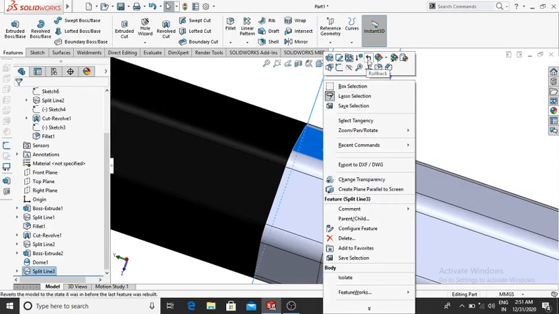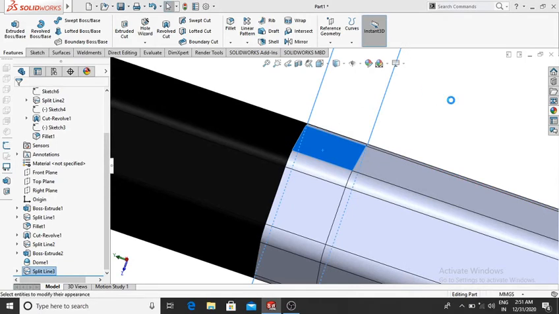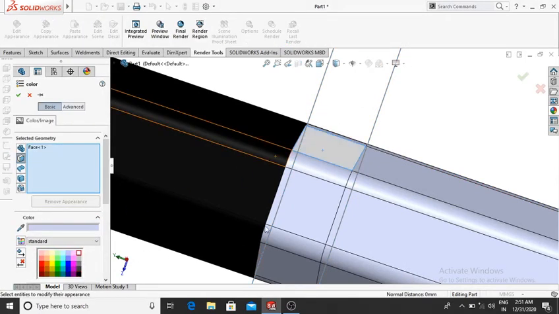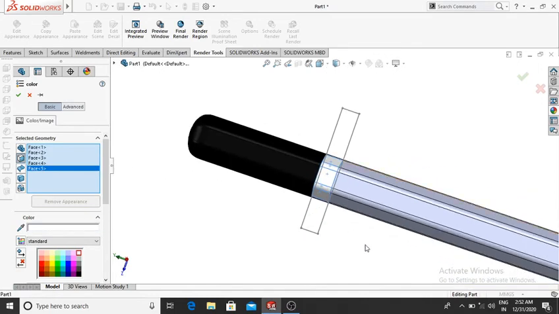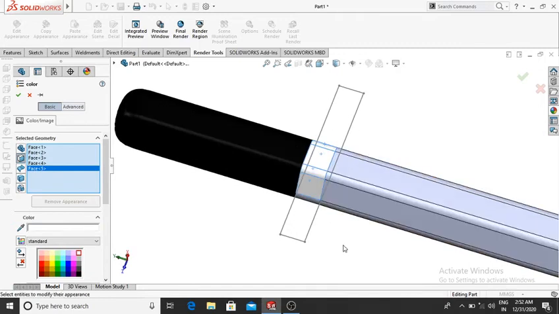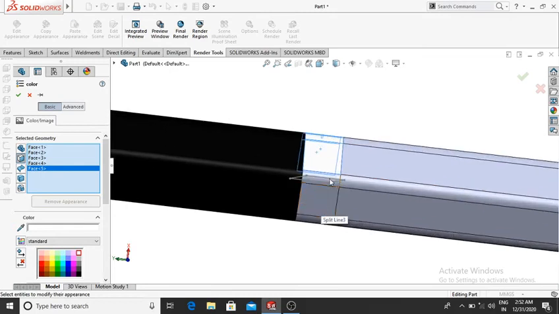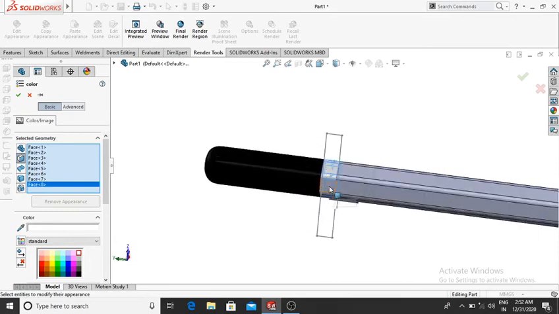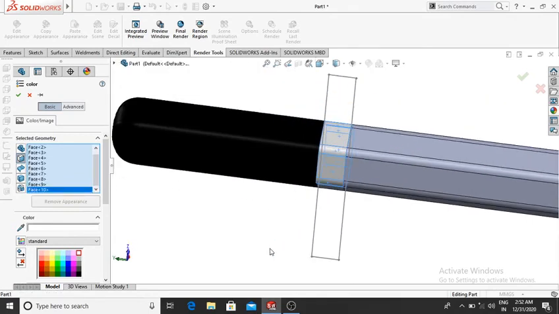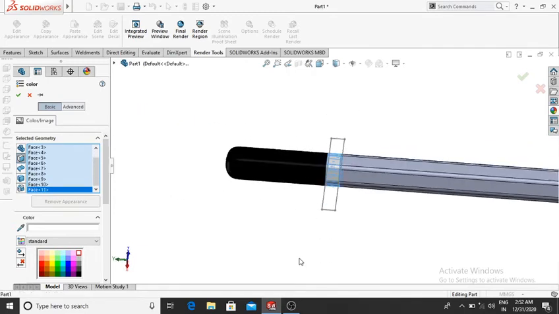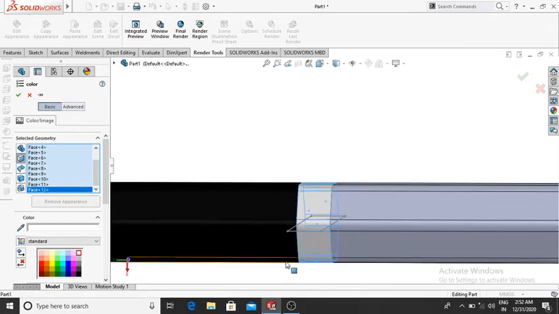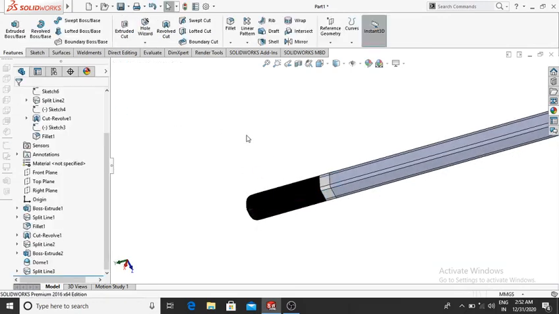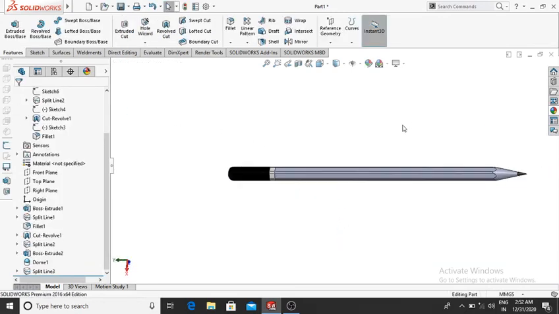And here we make it white color. Select this face, go to the appearance, select face and make it white. Now we apply red color on this face.